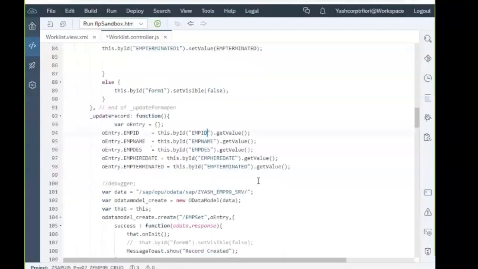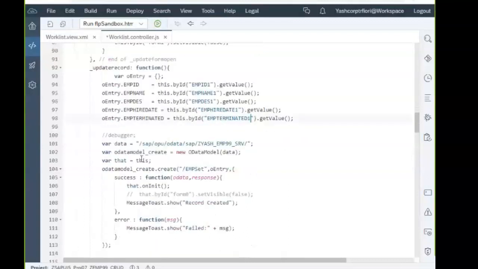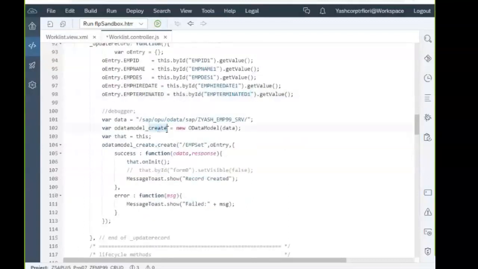All this by ID 1, EMP ID, sorry, EMP ID 1, because this is coming from the form, and rest everything is same. We'll just take variable change here, update, update, update, record.